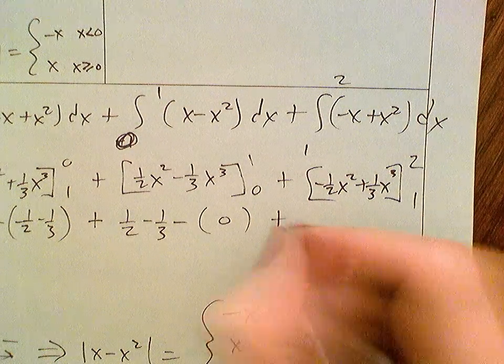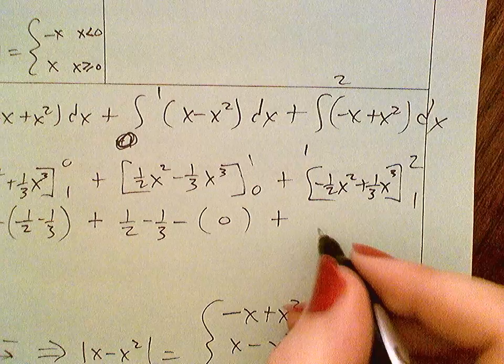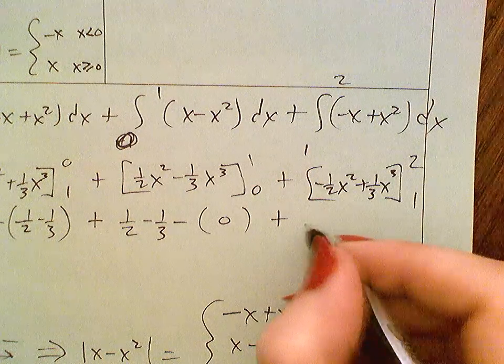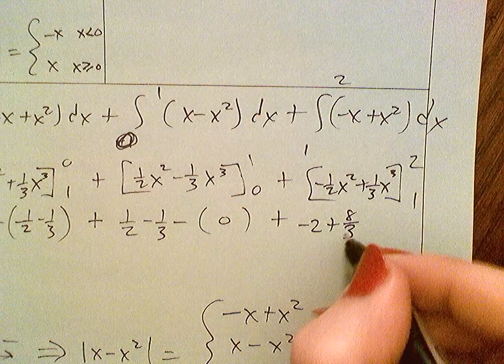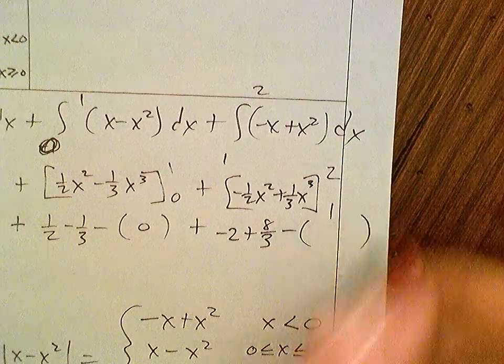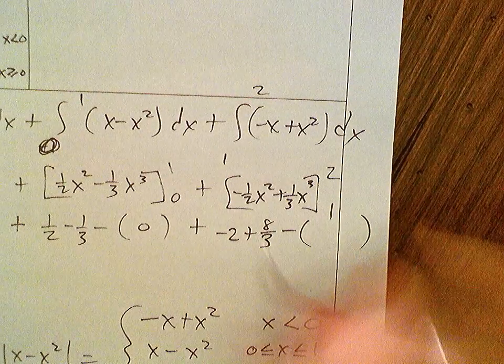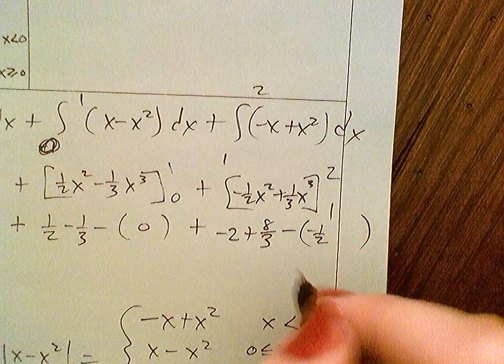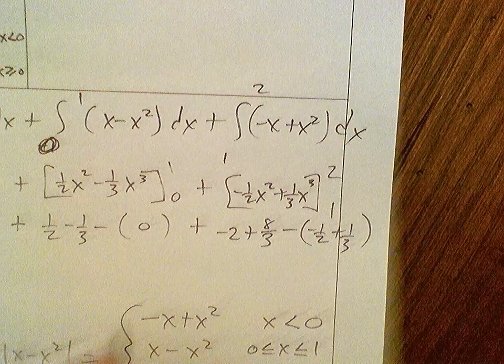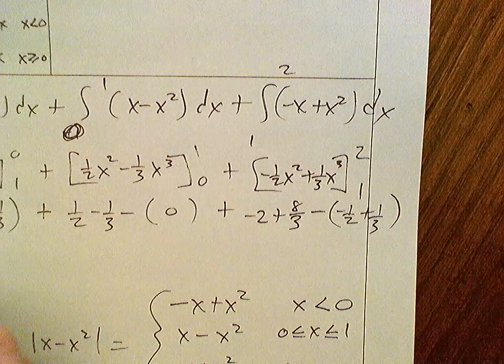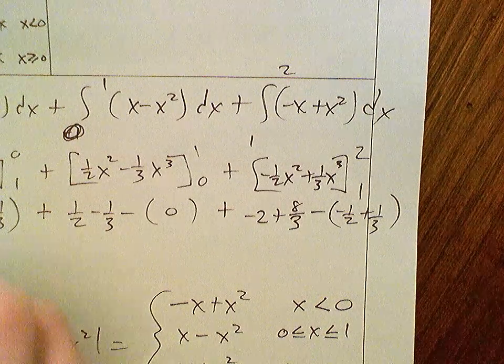Bring down that plus sign. When we plug in 2, we get negative 2 plus 8/3 minus, when we plug in 1, we get negative 1/2 plus 1/3. And then when you do all of that, I'll say, therefore, the integral from negative 1